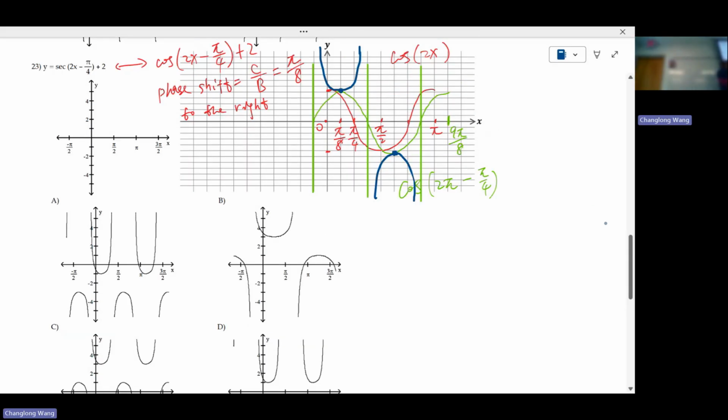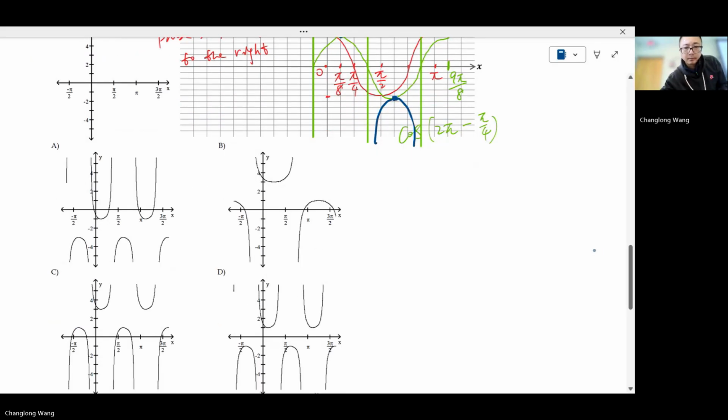You see that this graph has been pushed down. Let's scroll down a little bit. Oh, you know what? Definitely not D, since there's no vertical shift, right? So it's either going to be C